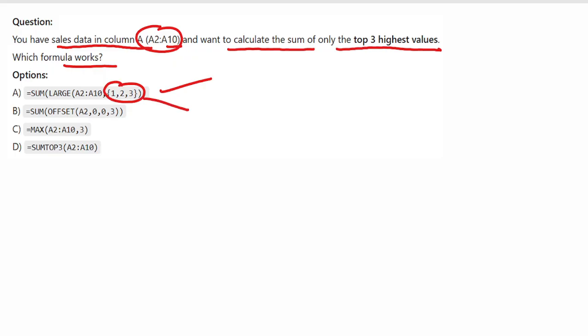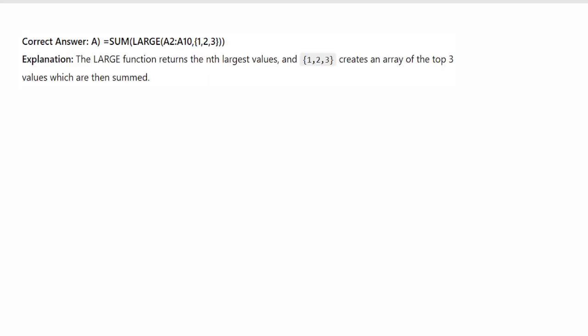It creates an array of the top three values which are then summed to give the sum of all three highest values. So option A is the correct one. Now move to the next question.